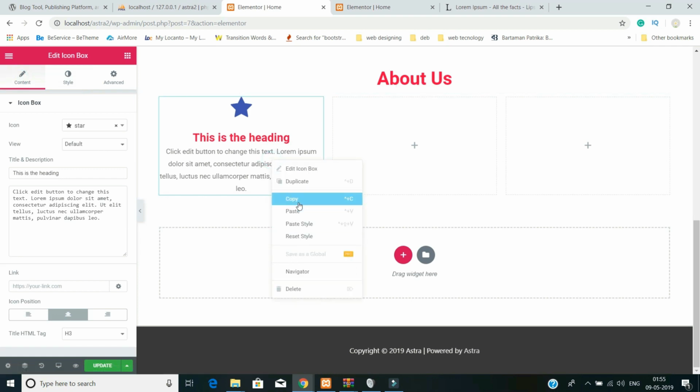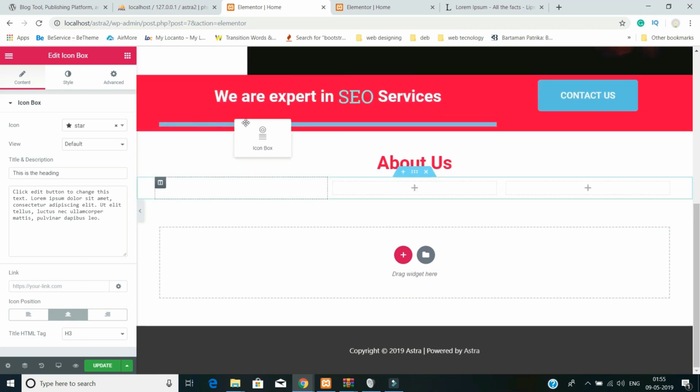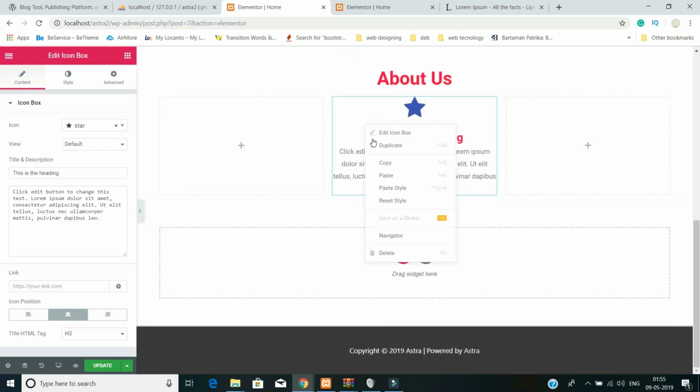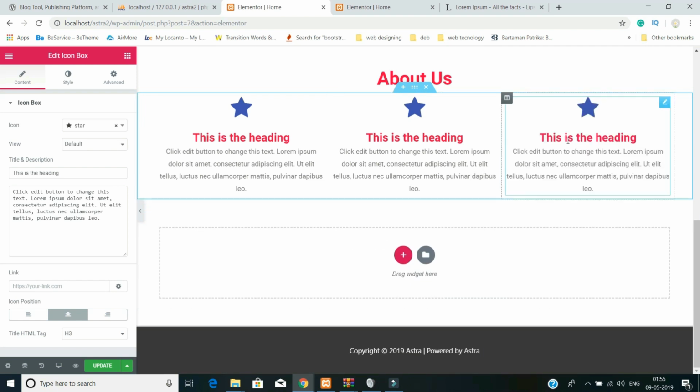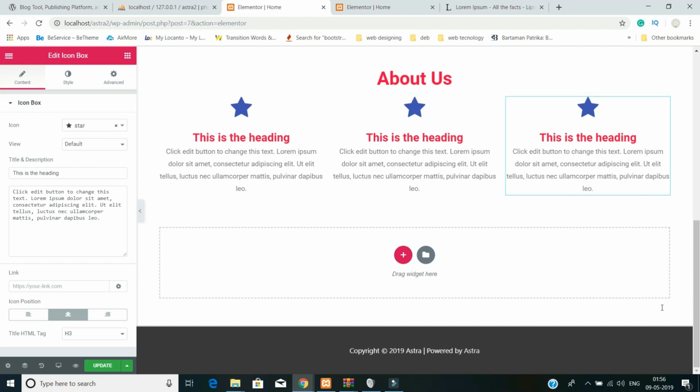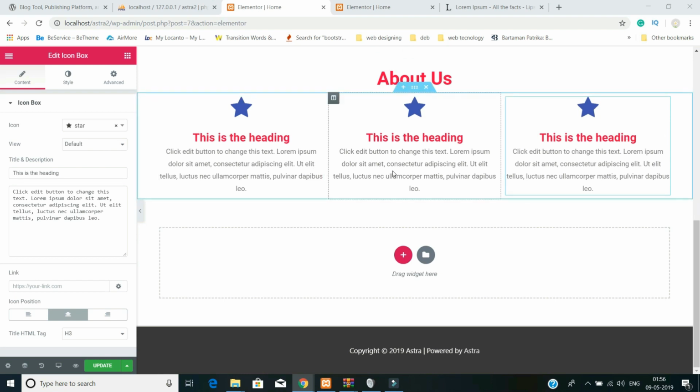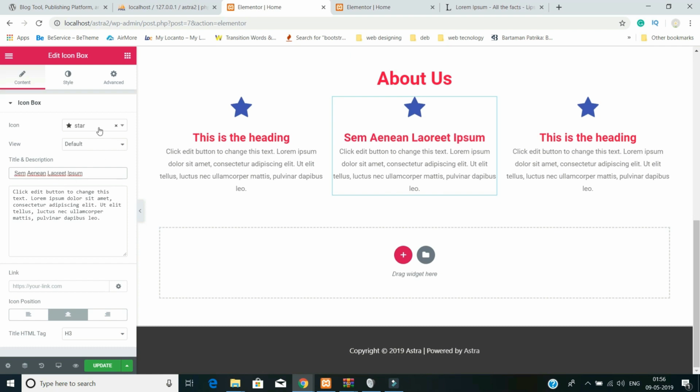Content, copy, acha, I have to make it duplicate and drag it here. Make another duplicate and drag it here. Now let's change some heading as well as the icon also. Okay, click here, change the icon and change the heading text. Whatever icon you like, you can keep. For this also do the same thing. And change the icon also. Okay,